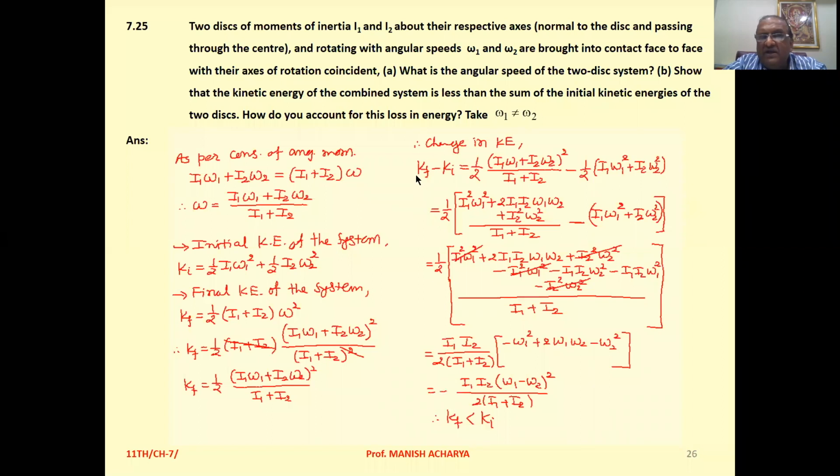So when you take Kf minus Ki, that is less than 0, it implies that final kinetic energy is less than initial one. Clear? So loss of energy is due to work done by the system. Clear to all of you? Yes,